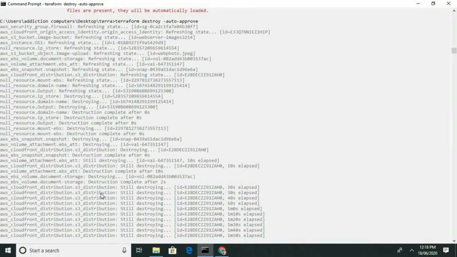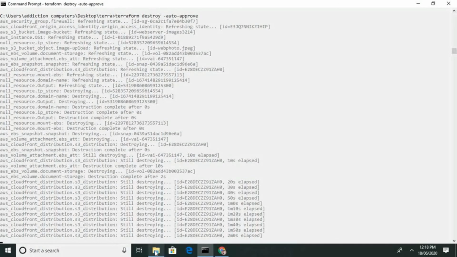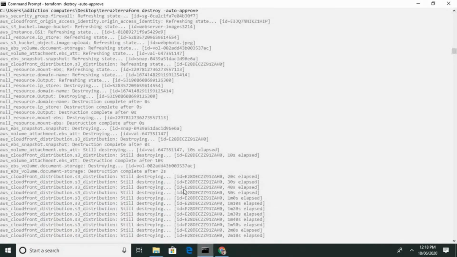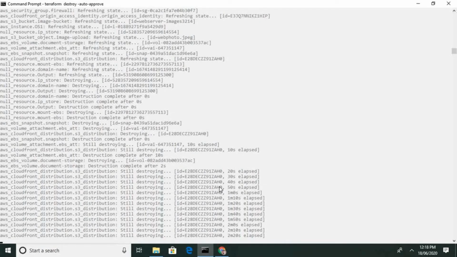And one more thing that I haven't told you: if you are running this for the first time, the plugin files will not be there in your system. So when you write code and store it in a file, you have to first initialize it. That means it's going to download plugins from the Terraform website.